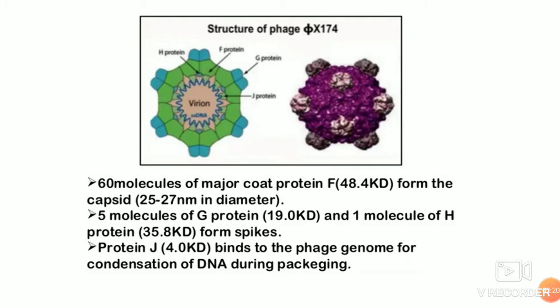So the phage is icosahedral. It is made up of important structural proteins like F protein, G protein, J protein and H protein. There are 60 molecules of major coat protein, that is F. The green color you are seeing is F, which is 48.4 kilodaltons. The sky blue ones are the G protein. Usually 5 molecules of G protein with 1 molecule of H form the spikes. Internally there is a J protein that binds to the phage genome for condensation of the DNA during